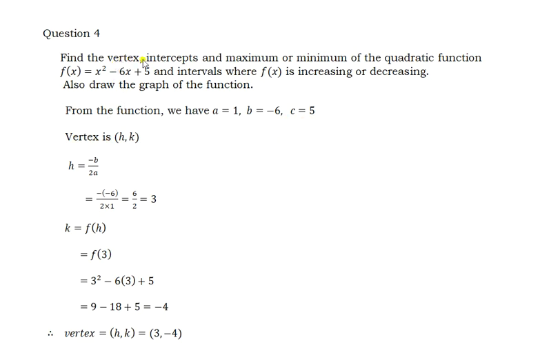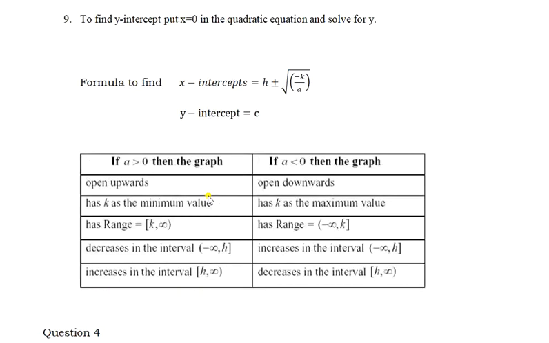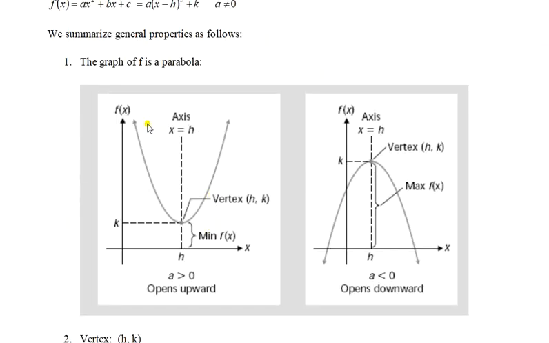See, first we have to find the vertex. Vertex means the turning point of a graph. I will show you an example here. This is the graph of a function. So this is the curve. It is coming down like this, and then at this point it turns and then goes up. So this point is called the vertex. The turning point of the graph is the vertex. So here also this point is the vertex. So what is vertex? H comma k. Vertex is a point, so it will have x coordinate and y coordinate, so it is h comma k. Here also h comma k.